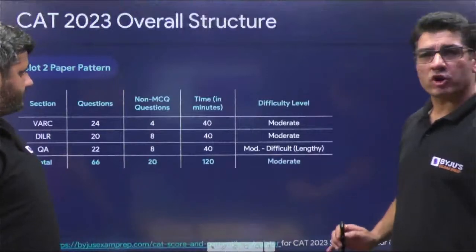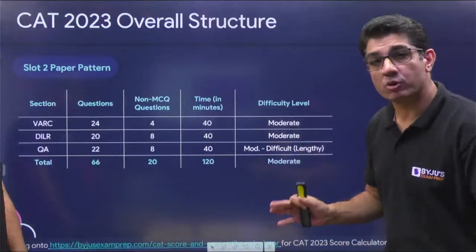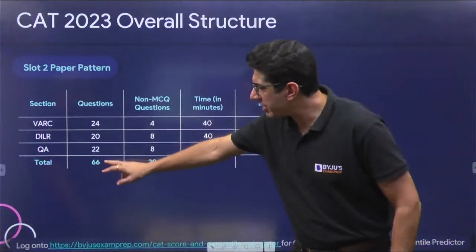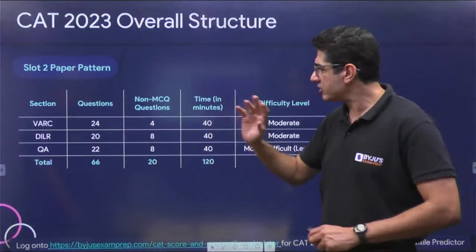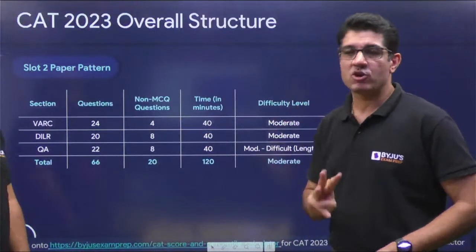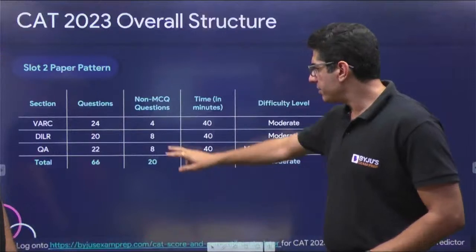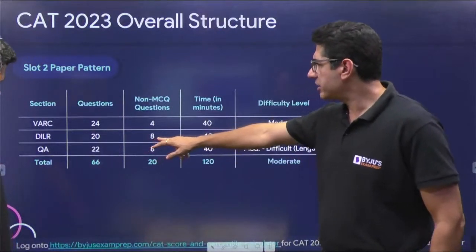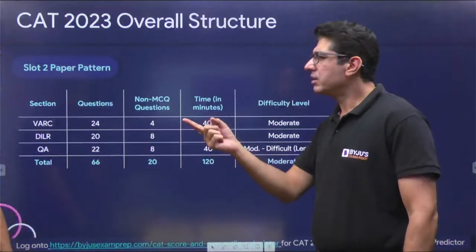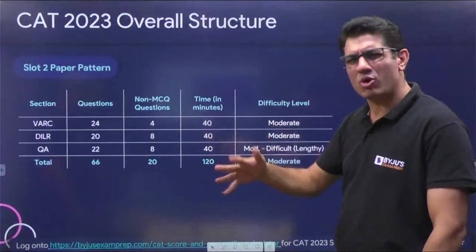Okay, so here is the overall structure. It was more or less similar to last year's structure in terms of the total number of questions. So we still had 66 questions, and the breakup across all the three sections and their sequence were similar. In VARC, instead of 3 non-MCQs this time around, we had 4 non-MCQs. So 1 non-MCQ went up. And in DILR, we had 9, I think, non-MCQs. In slot 2, I think we had 9. In that coin set, we had 3 non-MCQs. So this is 9 and quant is 8, which I think is more or less in the same ballpark as last year.